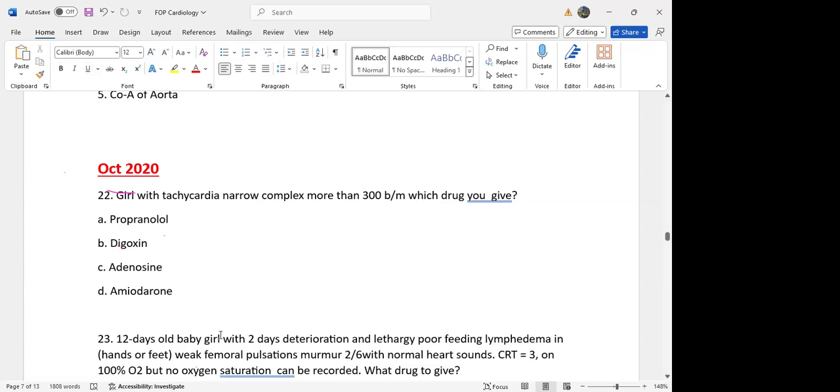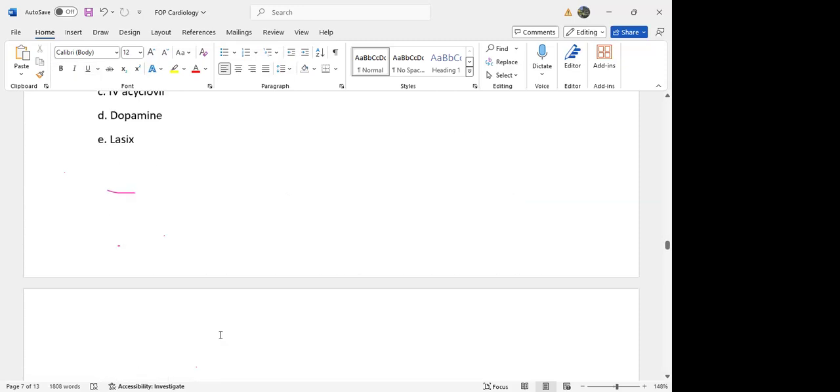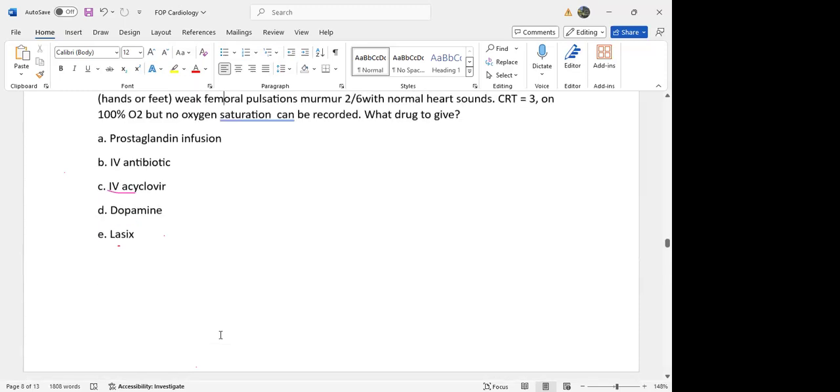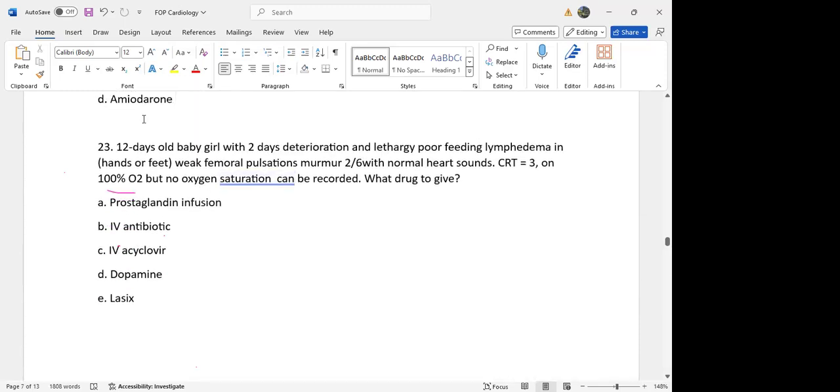This is a 12-day-old baby girl with 2 days